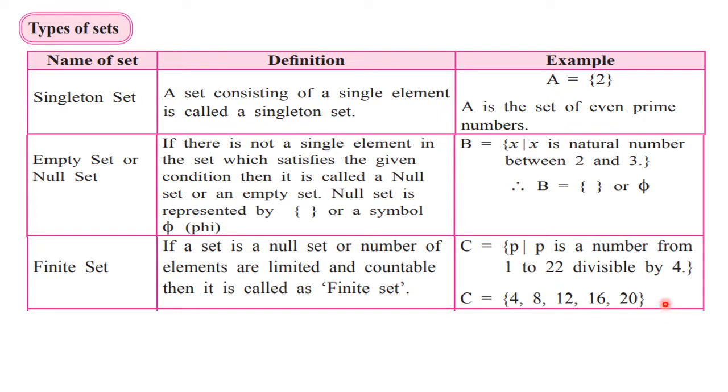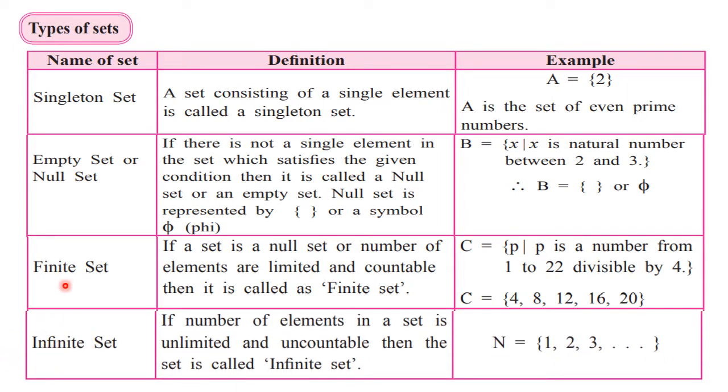You can take another example. You can say that natural numbers up to 100. There also we can count down the elements. We know that there are 100 elements. Even though while writing we can use a shortcut, that we can write 1, 2, 3, 4, then dot dot dot, and finally we can write down 100. But still the elements are countable, so we can say that it's a finite set. And the last type here is infinite set.